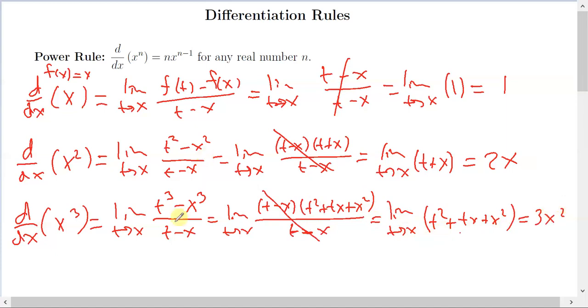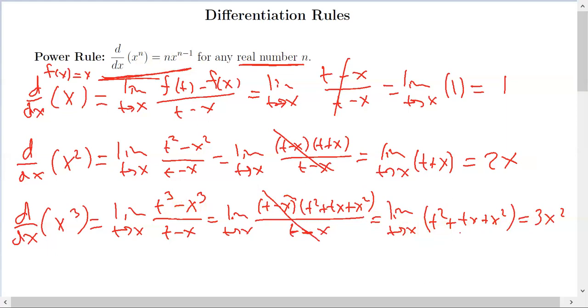You can see the pattern of what's going to happen. If I did t to the 4th minus x to the 4th, that factors. Any difference of powers will factor, whether it's squares, cubes, fourths, fifths, whatever. It turns out you can always factor a t minus x out of that. And there's a general formula for that I won't get into. Then once you turn your t's into x's, you're going to get something of this form. When you take the derivative of x to a power, you take the power out in front and reduce the power by 1. Now, I did this for some integers, and I just talked about doing it for integers,